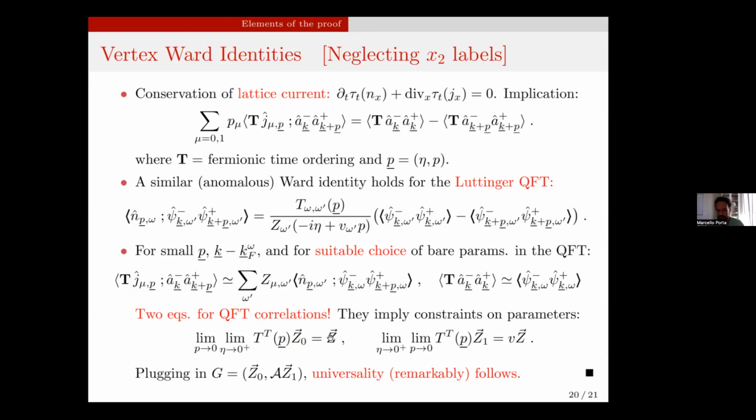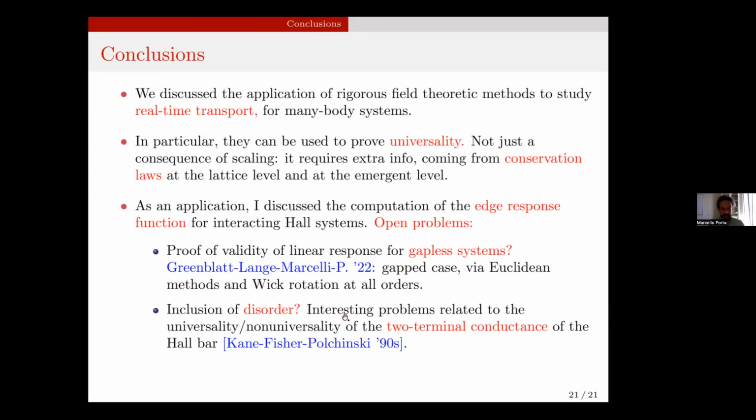They are given by convergent series, but the fact that these two equations have to hold at the same time gives you a constraint between these two parameters, which is unavoidable. And the miracle is that this constraint is enough to prove a cancellation in this object and to prove universality at the end. This is how this universal result for the edge response function is found. And in fact, the same ideas can be used to compute the response function for non-zero eta and for non-zero temperature. Okay, sorry, let me just conclude.